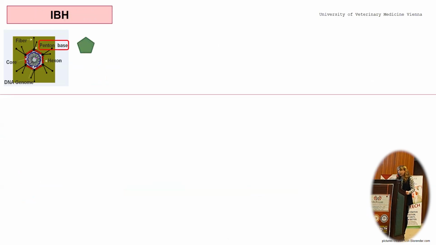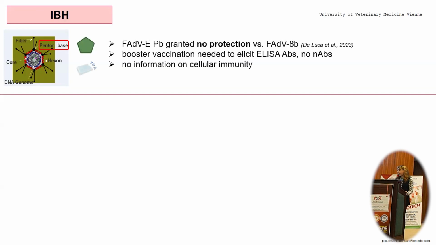So what happens with IBH? When I started my PhD, they told me, you have to find a broad protective vaccination strategy against IBH. I said, great, sure, okay. Let's start with the penton base, because the penton base is quite conserved. You remember, in IBH there is a more diverse etiology. The penton base within species E is quite conserved compared to other subunits like the fiber. So we tested two penton base proteins from FAdV-E, one belonging to serotype 7, one belonging to serotype 8B,